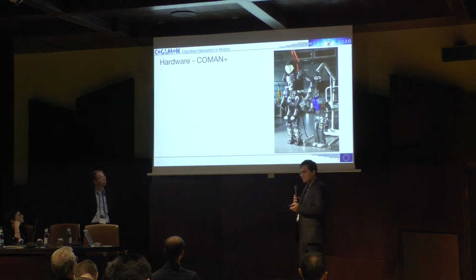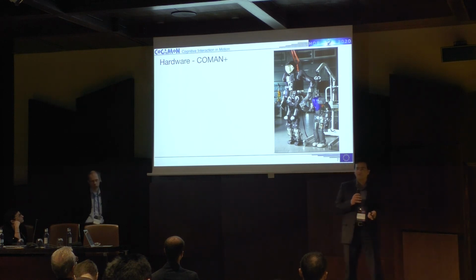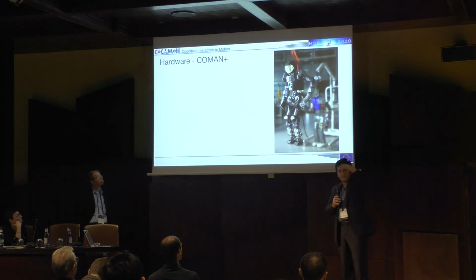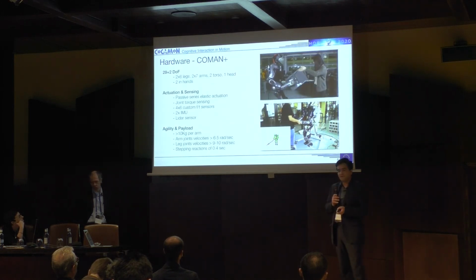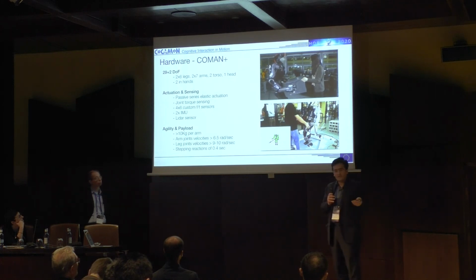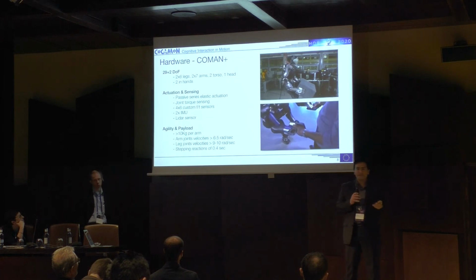We never wanted to reinvent the wheel, but there were cases where our hardware was not sufficient. On the right, you see the Coman by the Italian Institute of Technology. They scaled it up to Coman Plus. It's a robot more or less my height, a bit taller. It's a very, very capable robot. It has 29 degrees of freedom, plus 2 in the hands. Each arm is redundant. It has a payload of more than 10 kilos,